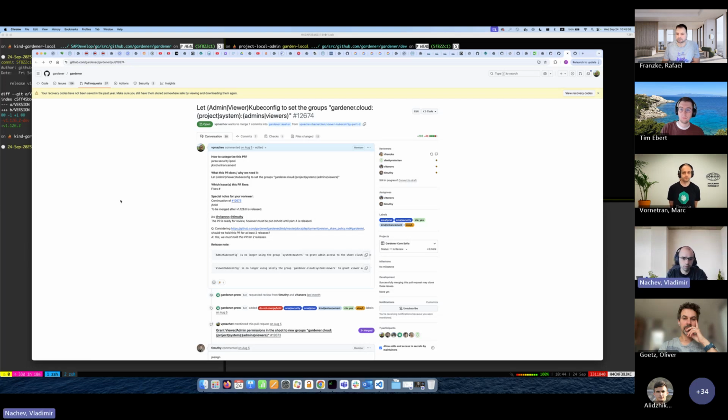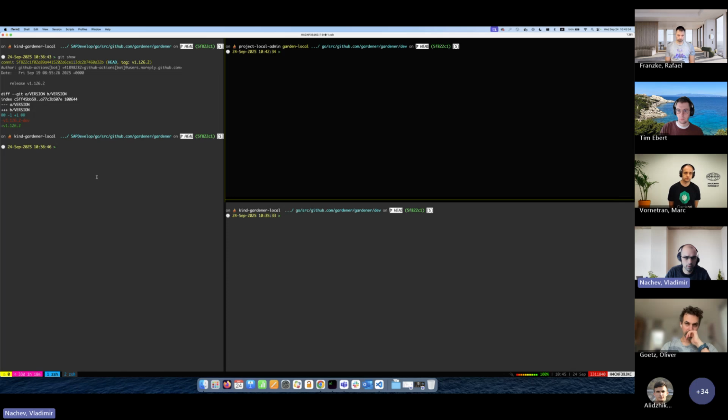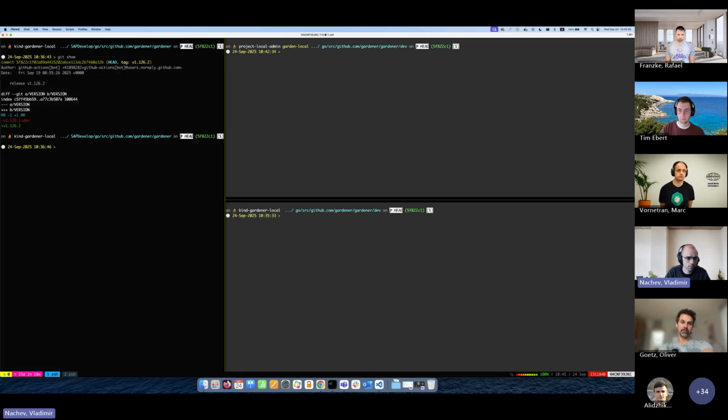Okay. Well, so I want to present two changes that we recently made in Gardener. First one is this one, where we granted a few more permissions in the shoot cluster. So now we have some additional cluster roles and especially cluster role bindings where we bound to these new groups. So we have system and project level groups for all the admins and viewers, and a quick demo with a bit older version of Gardener, actually